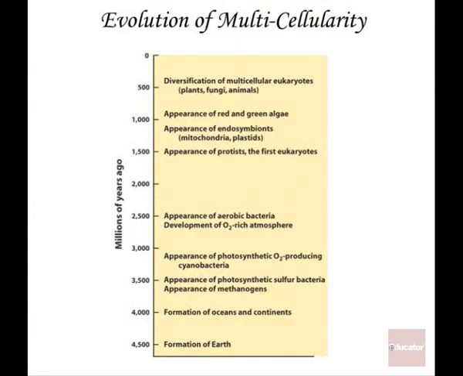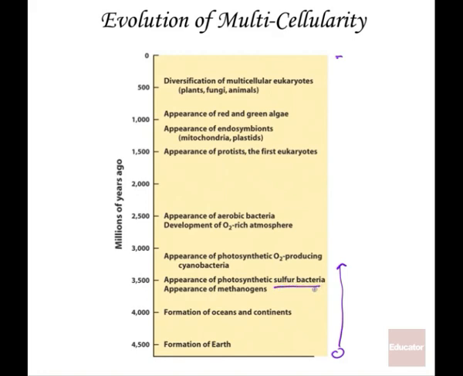Now here is a timeline, and the way to read it, you have to start reading it here. So this is 4,500 million years ago, right? The Earth was formed, and then we went forward in time. The important thing is that the bacteria, the prokaryotes, occurred before the eukaryotes, and we initially had